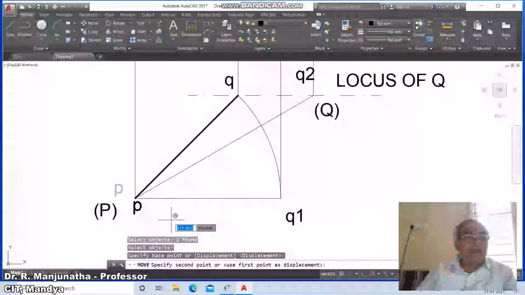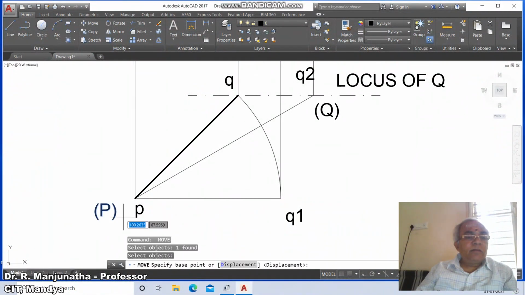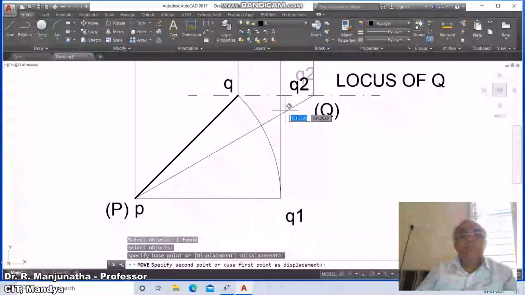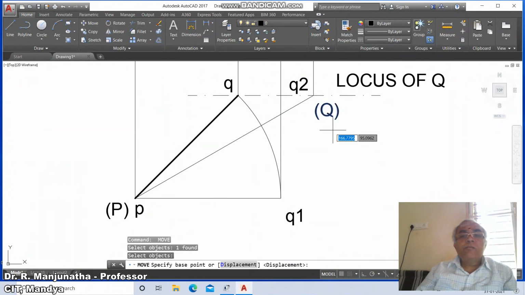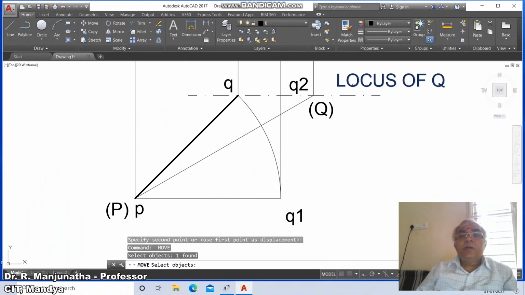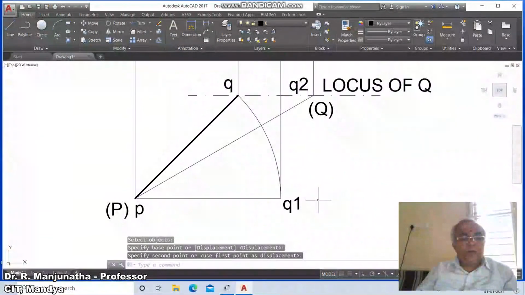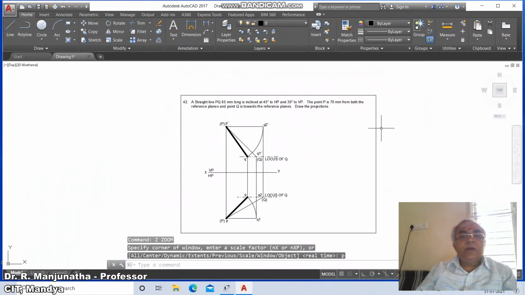So you take P here, and then capital P. Similarly, Q, you take Q2, Q, you take locus of Q, Q1. So once you do this, now we have all the solutions done.